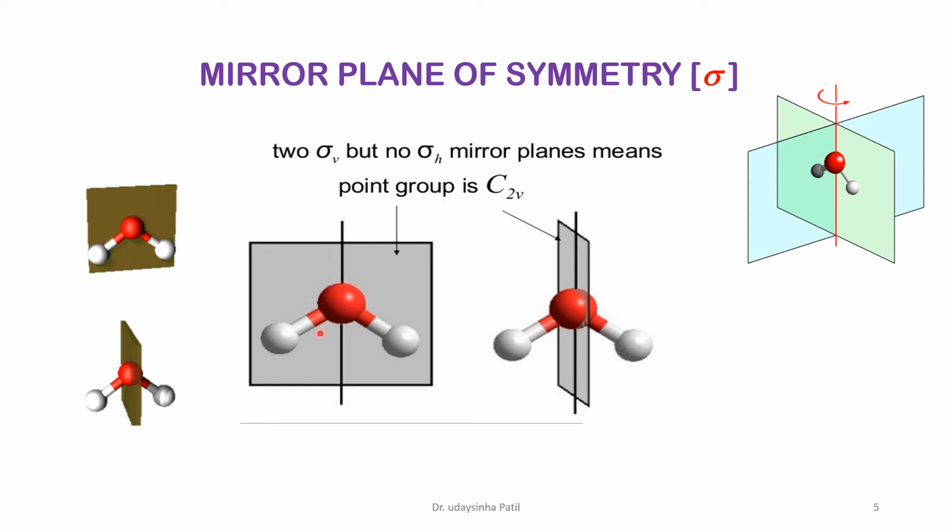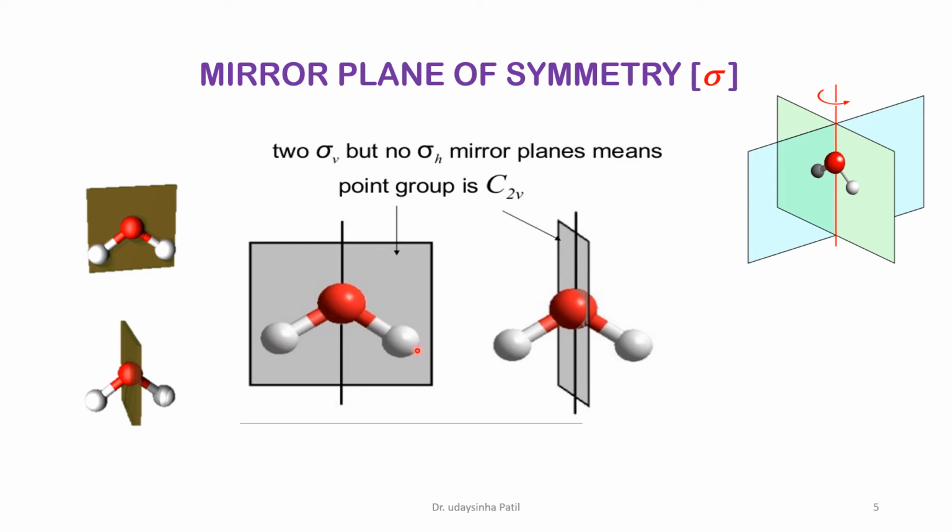There is a C2 axis which bisects the molecule into two equal parts, that is, half oxygen single bond hydrogen Ha here, and in the other part we can say the half part is a mirror image of oxygen, then a single bond, the same mirror image of the first one, and Hb, that is another hydrogen atom.